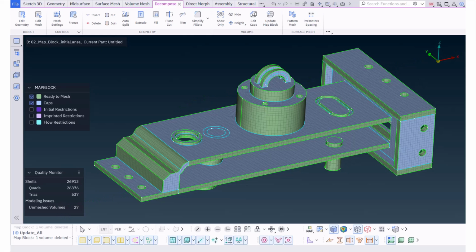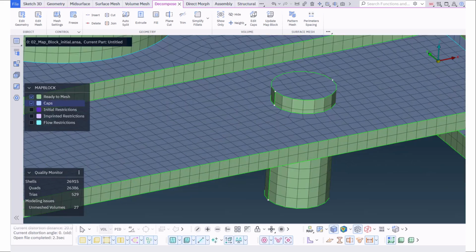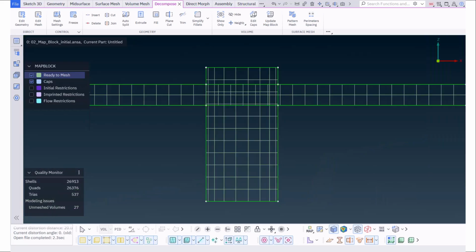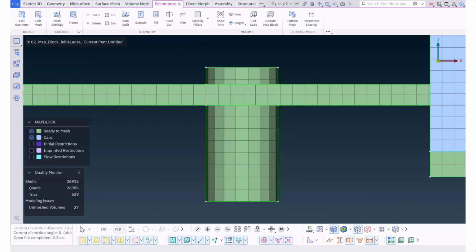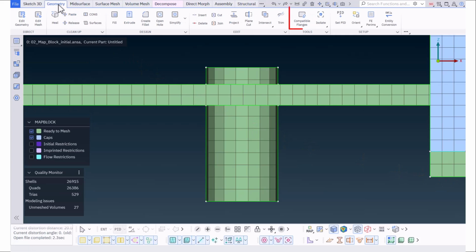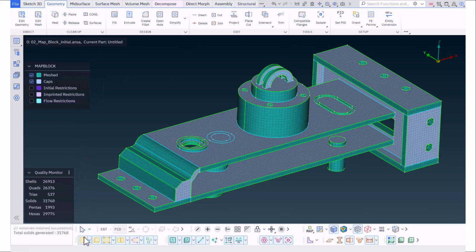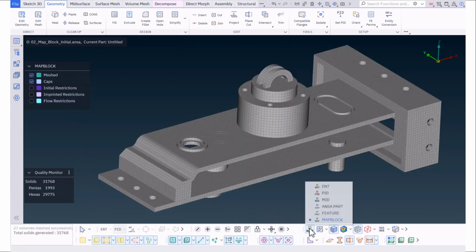The mesh on the cylinder, and the walls of the slab's holes, is incompatible as they are independent volumes. Use the compatible flanges function to link their common faces and achieve mesh compatibility. Mesh the model, and view the volumes in PID draw mode, for a better understanding of the final decomposition.